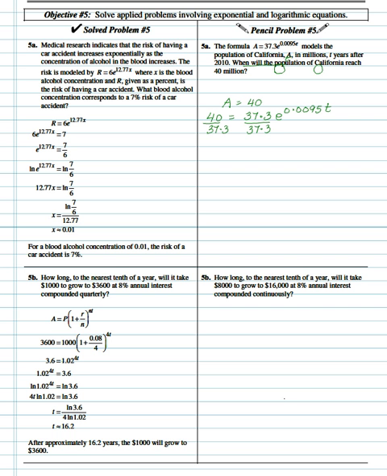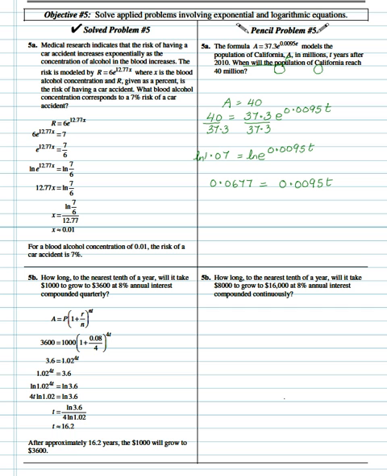What do I get? 40 divided by 37.3 gives me 1.07 equal to e to the power 0.0095 t. Now that I see the exponential is by itself and it's e to the power, I'm going to use ln on both sides. Now if I go ahead and find ln 1.07, I would end up getting 0.0677. And this would simply be, since ln e is 1,